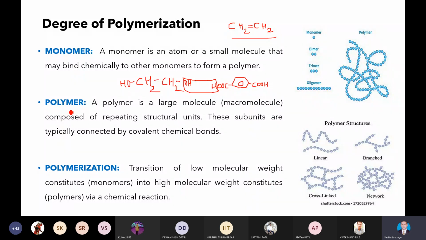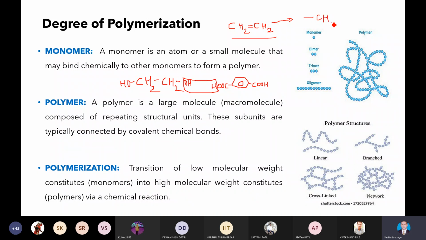is called a polymer. So a polymer is a large molecule or macromolecule composed of repeating structural units, and these subunits are typically connected by covalent chemical bonds. So whatever the bond present over there will be the covalent bond. And whenever ethylene is undergoing the reaction, there are three steps. We will not go into details, just to show you that